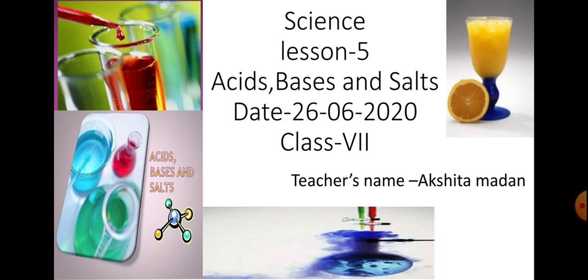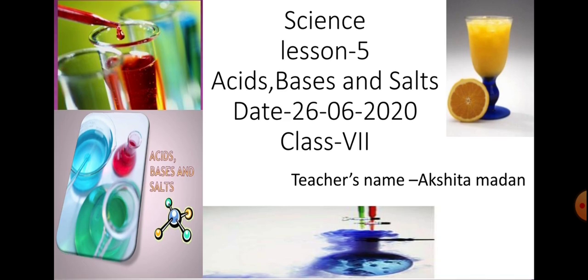First, we should know the meaning of the term acid-base indicator, or simply indicator. Indicators are special types of chemicals which are used to test whether a given substance is an acid or a base. Indicators change their color when added to a solution containing an acid or a base. Now we will discuss the various types of indicators in detail.